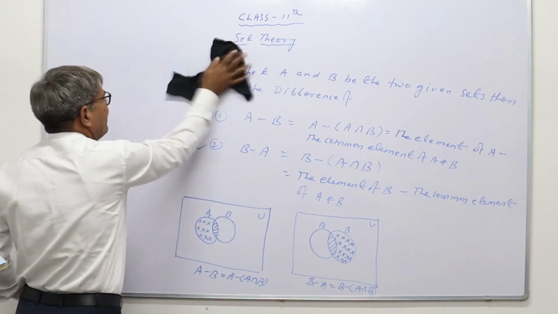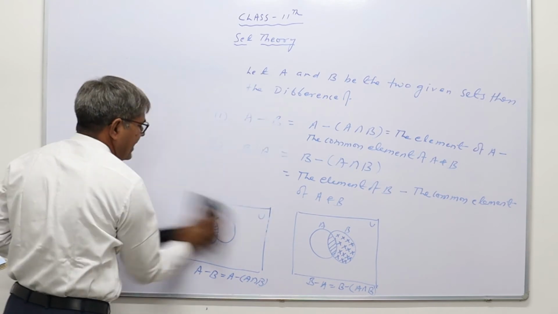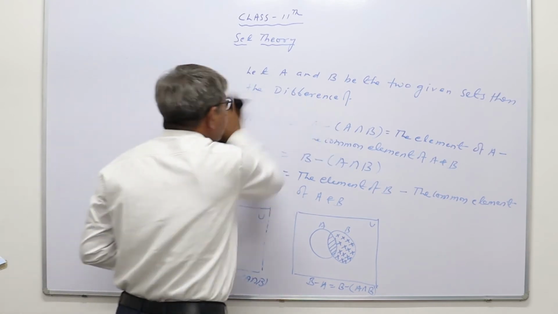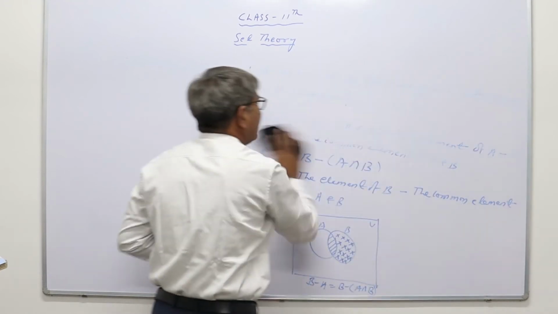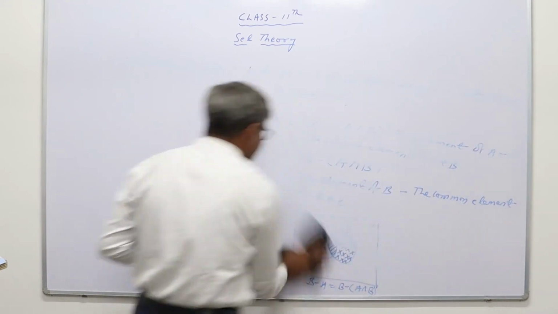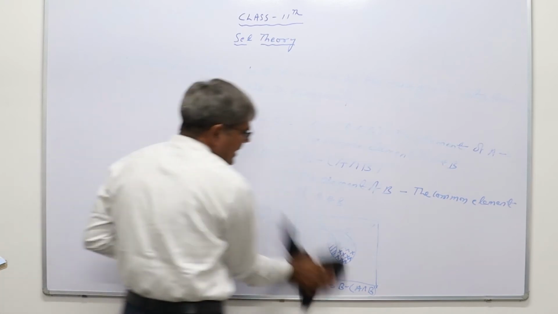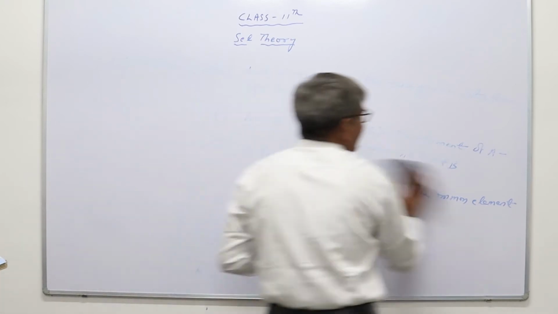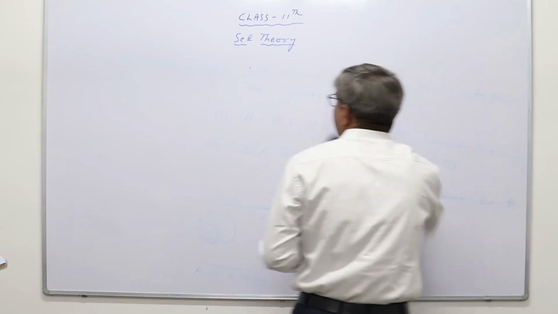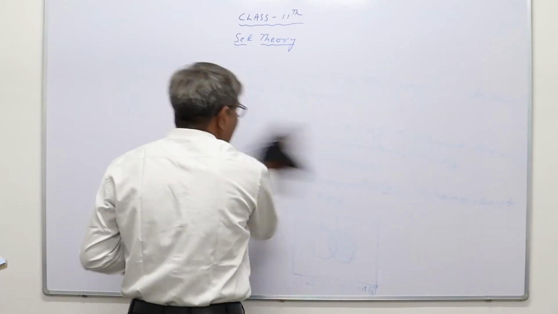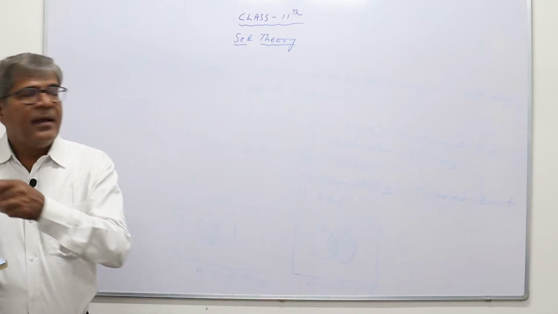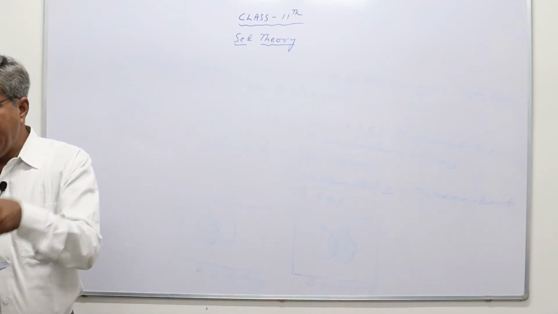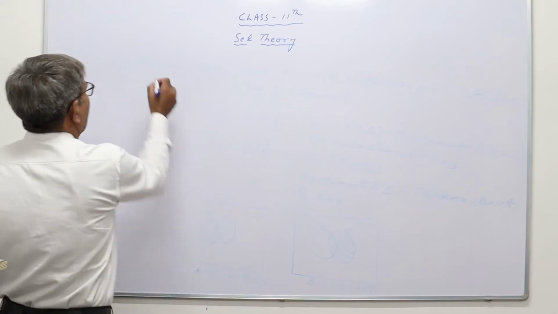Now we will do some application on this topic, that is difference of sets. So when we are given two sets, in 3 steps we will solve this type of question. In step first we will write the given sets. In step second we will find A intersection B, and in step third we will find the difference as per the question. For example, question,